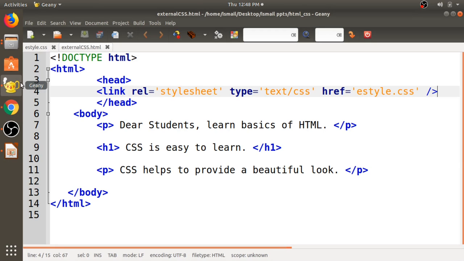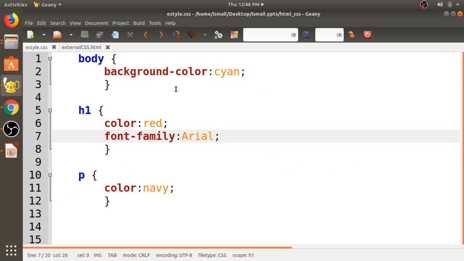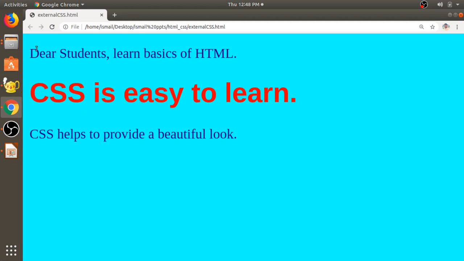So observe here, in this estyle.css file we have set the color of the h1 element to red, font family to Arial, and we have set the paragraph element color to navy. Because of that you can observe that these paragraph element texts are displaying in navy blue color, whereas the h1 element is displaying the text in red color with font family type Arial.